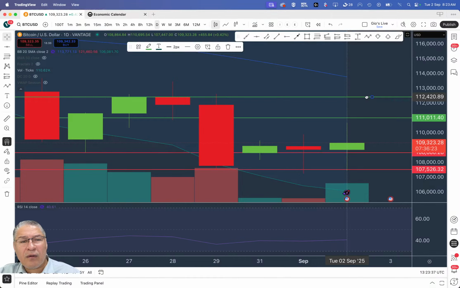So currencies. The euro, after having a strong fluctuation to the upside, was looking to reach 117 and a half. It didn't quite get there yesterday. Today we are seeing this strong momentum to the downside. So therefore 116 is the psychological level of support, and then I'm going to use this candle's wick or swing low as my second level of support.